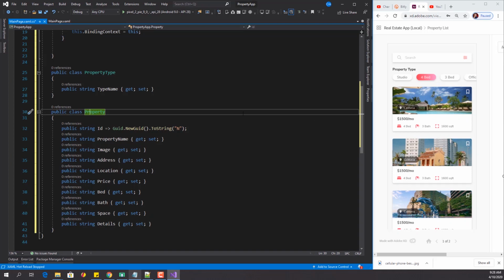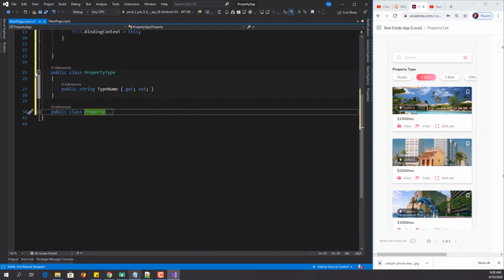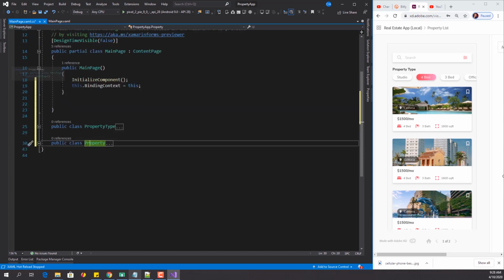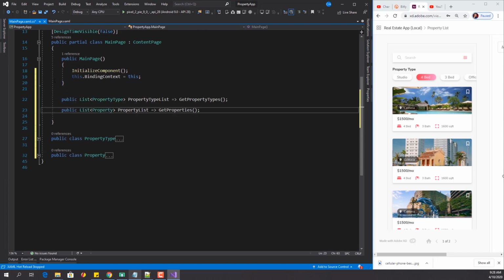Okay, so having gotten this, the next thing I want to do is now really set a list that we want to bind to our view. So the list is going to be a list of property type and a list of properties,